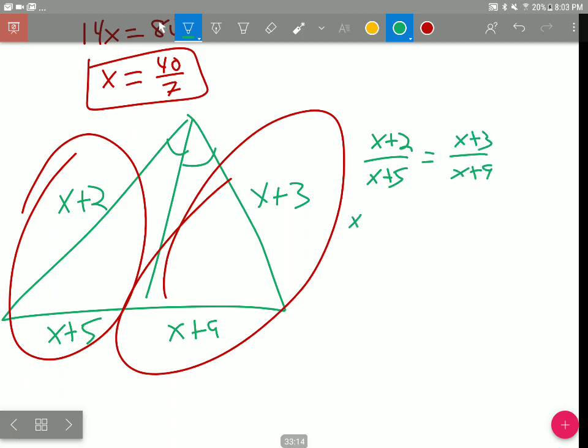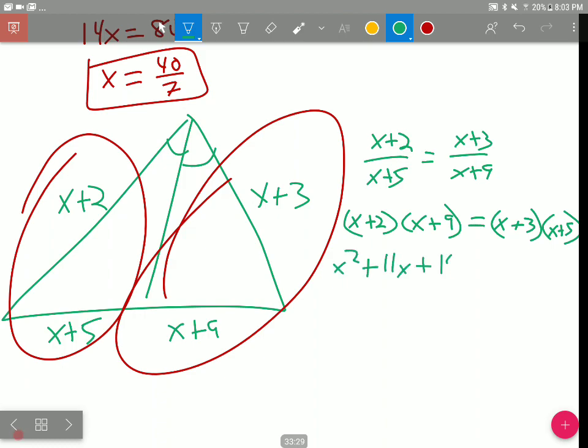Therefore, x plus 2 times x plus 9 equals x plus 3 times x plus 5. So that's x squared plus 11x plus 9 times 2 is 18 equals x squared plus 8x